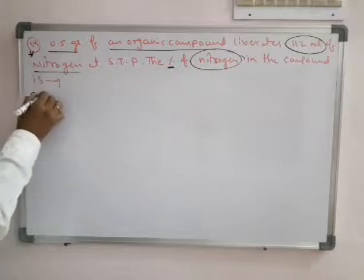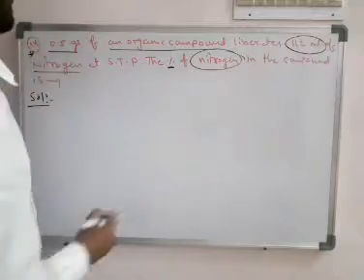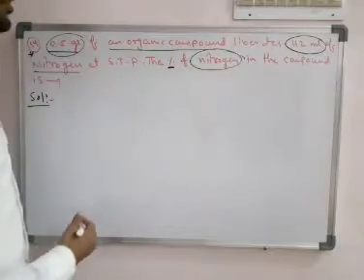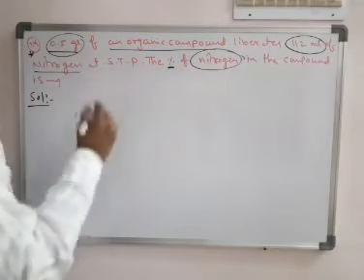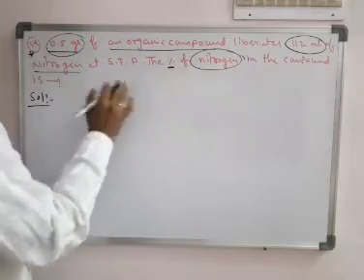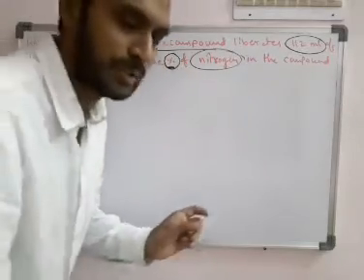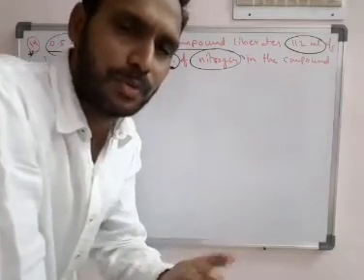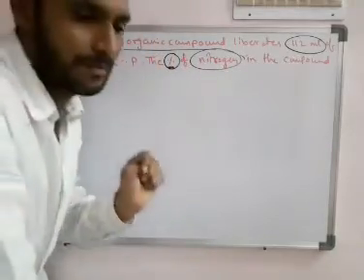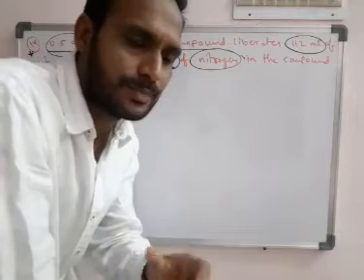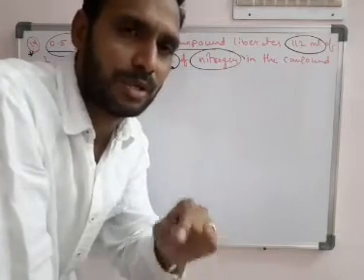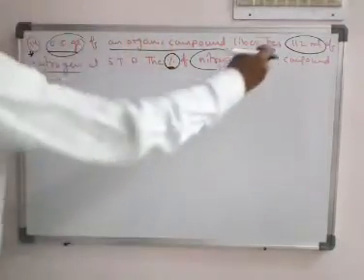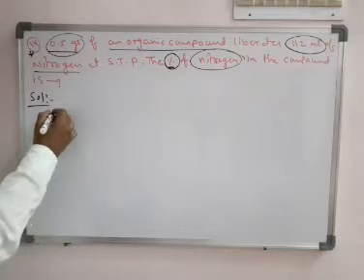The information is given in terms of milliliters and mass. So 0.5 grams of compound liberates 112 milliliters of nitrogen. To calculate the percentage of nitrogen in the compound, we must know the amount of nitrogen. The total amount of the compound is given as 0.5 grams. To get the percentage, we have to know the amount of nitrogen, which is given in terms of milliliters. So how much nitrogen is liberated? 112 milliliters of nitrogen.